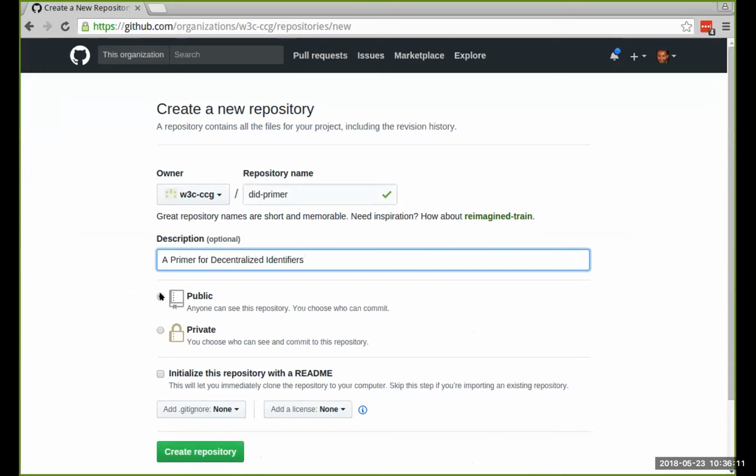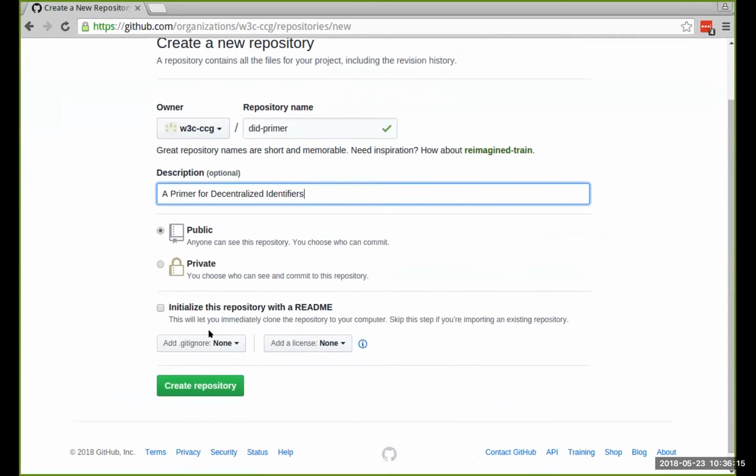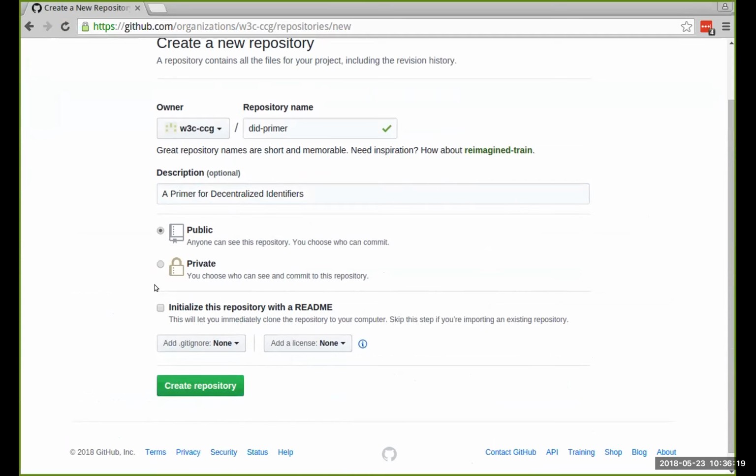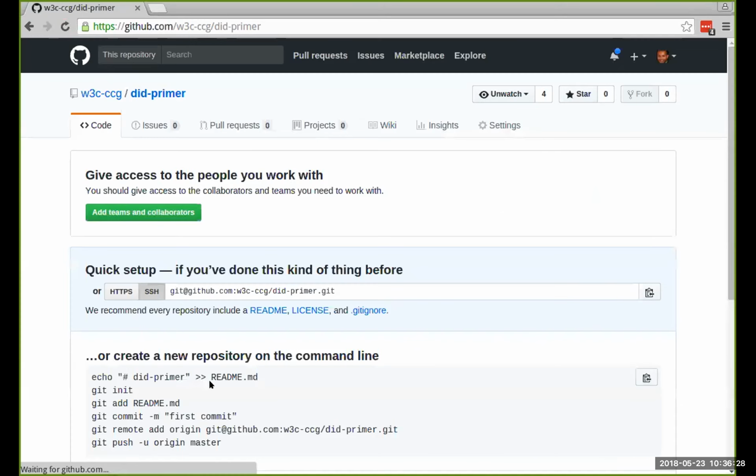It's a public repo, don't make it private. So public repo. And usually you can initialize with a license or whatever, but we're not going to do that. So we're just going to create the repository here. Then after we create the repository,